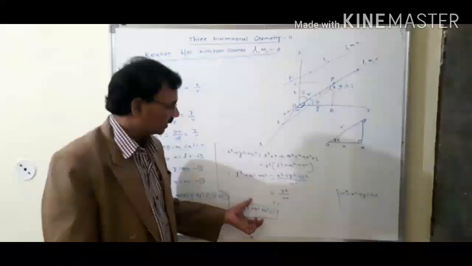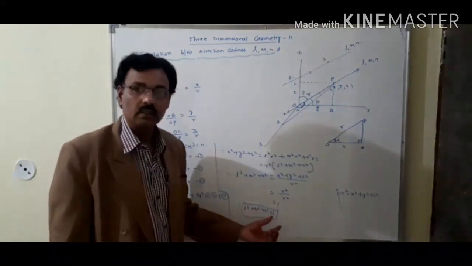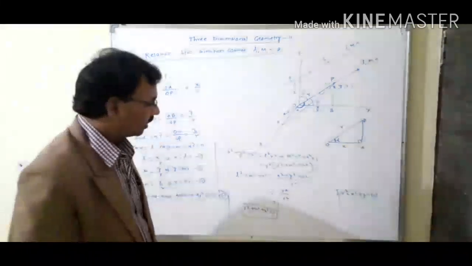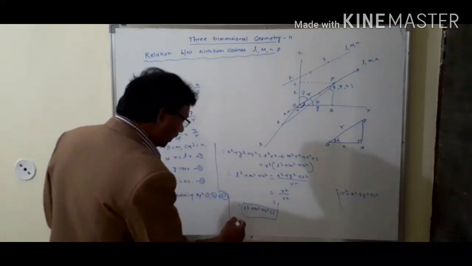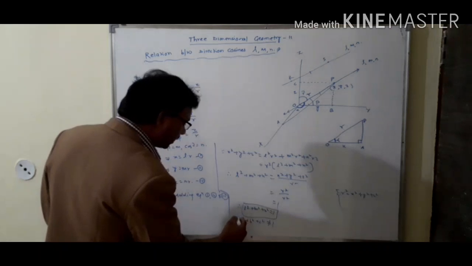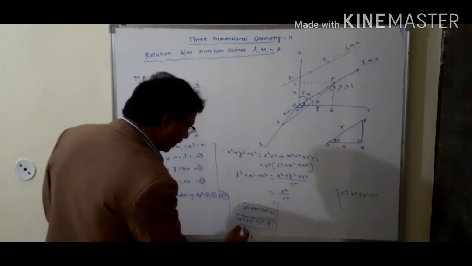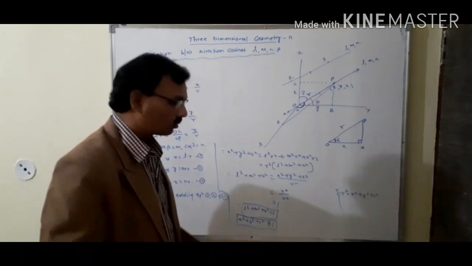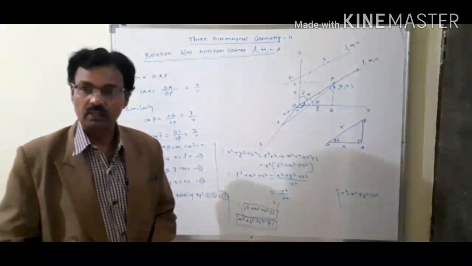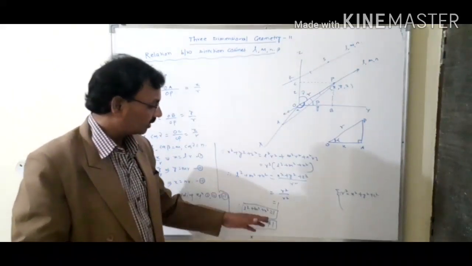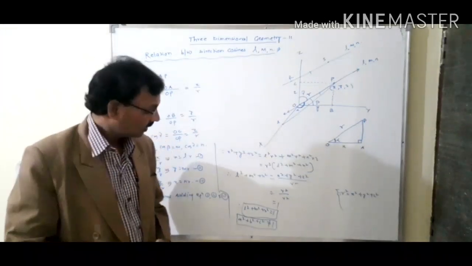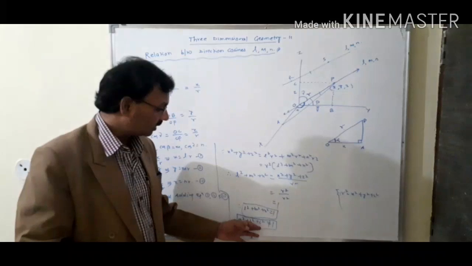That means we can say that the sum of squares of the direction cosines of any line is always equal to 1. But you should also remember that a square plus b square plus c square is not equal to 1, that means this will never be equal to 1, where a, b, c are the direction ratios of that line. So if l, m, n are the direction cosines, then the sum of squares of these direction cosines will be 1. But if a, b, c are the direction ratios of the given line, then the sum of squares of these direction ratios will never be 1.